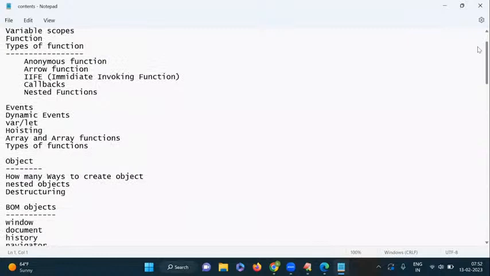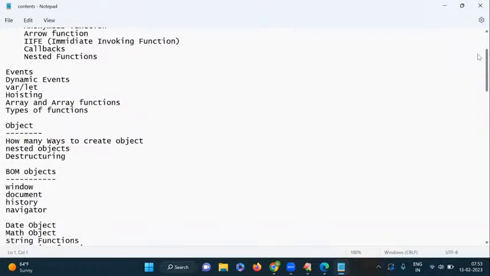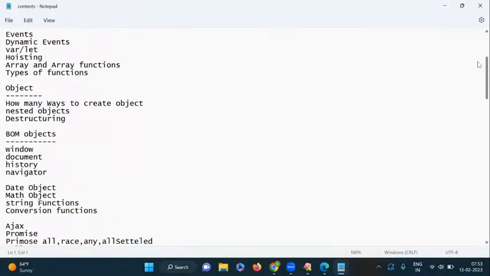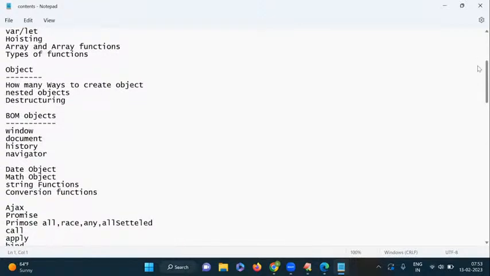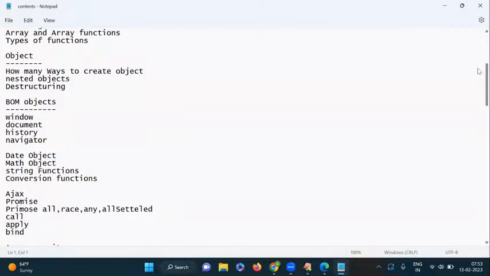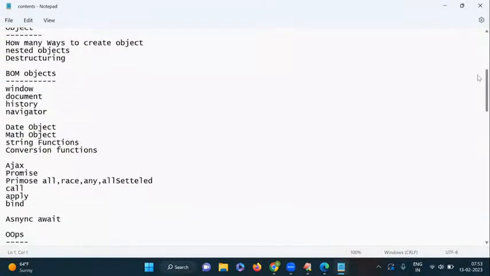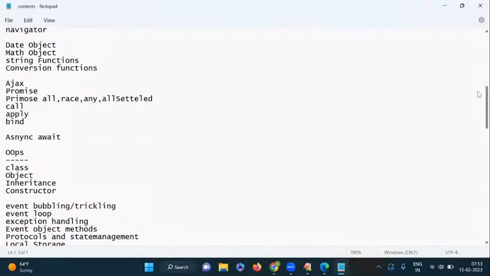So functions and how many types of functions we have, events and dynamic events, hoisting, array related functions and objects, and how to work with the object. Object is very important because the data which is coming from Ajax is in the form of object only. So how to read the object and what the BOM objects we have,